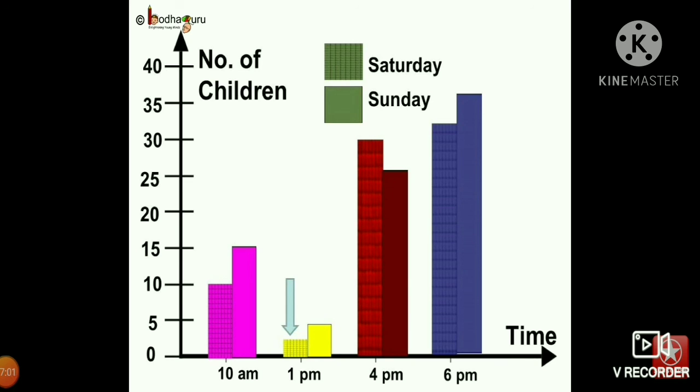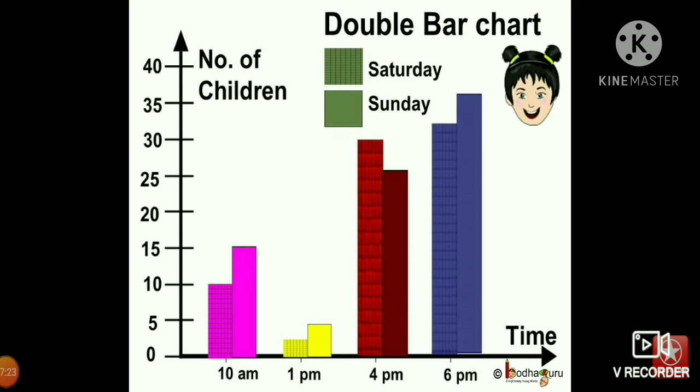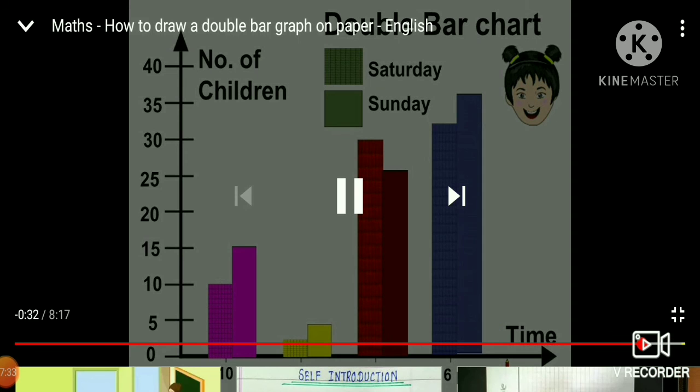This is the representation of the data in a bar graph, and you can tell the answers to the questions using the bar graph. The first one is the representation of the data in a single bar graph, and you can also learn the representation of the data in a double bar graph. This is your double bar graph, or double bar chart. You can represent any data in a bar graph. Okay, thank you.